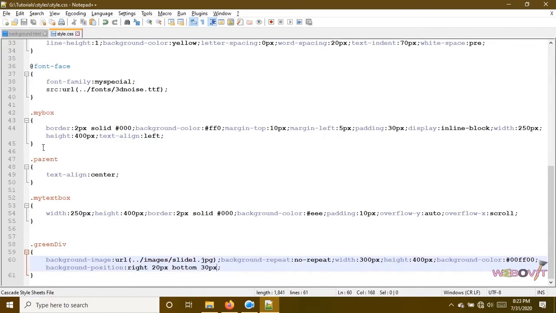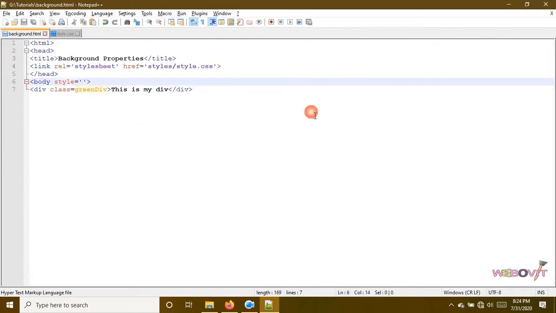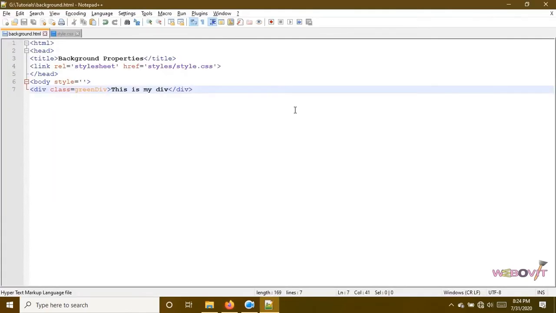Now we have already learned how to implement a background image, and how to manage the directory if you are not in the root directory but in some particular folder, how to come one directory up. We have learned how to control the repetition of the background image, and how to change its position. Now two more things we are going to learn. Suppose we have a very long data in this file. I will make some scroll bars in this case.